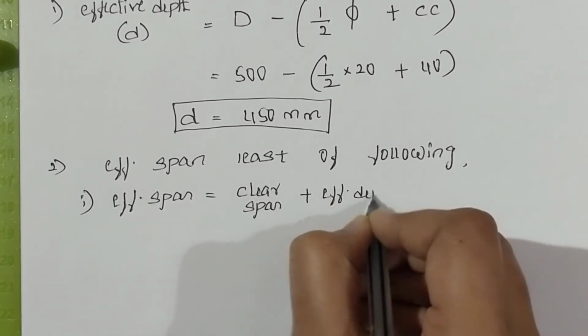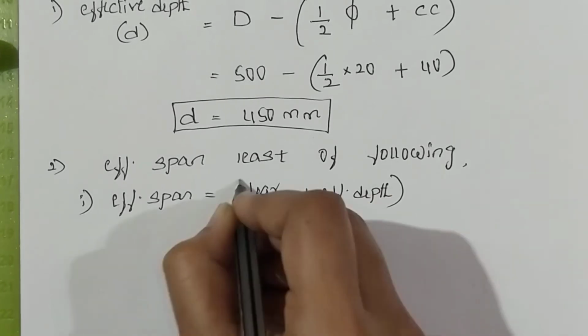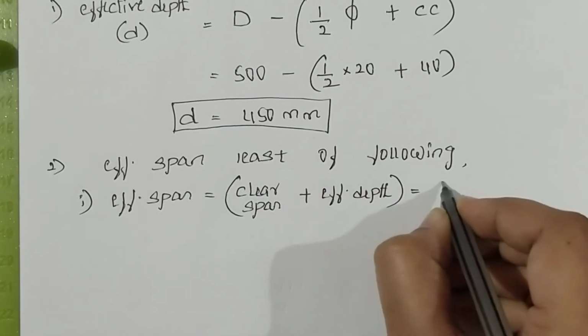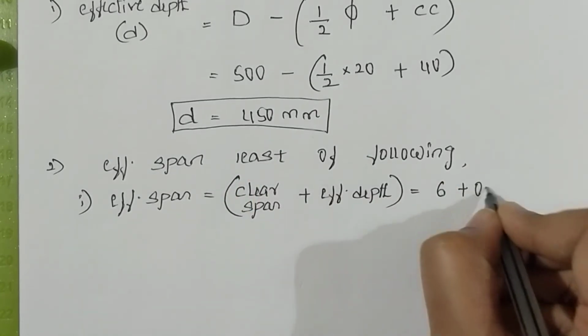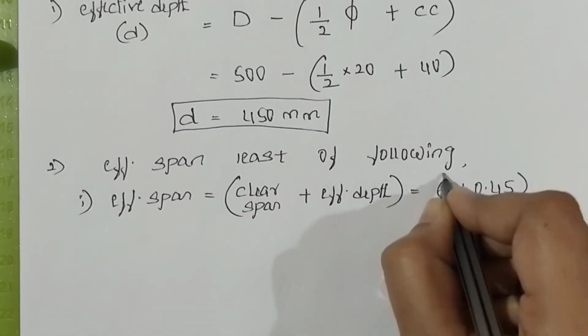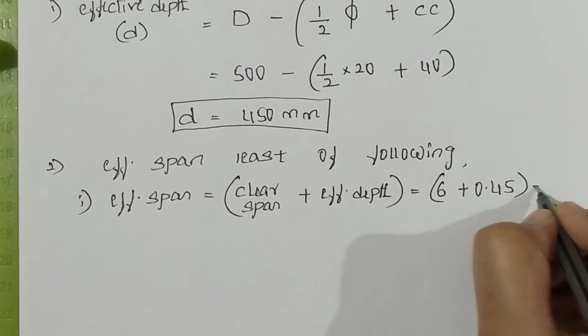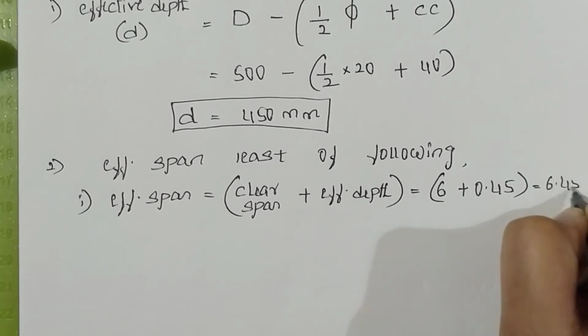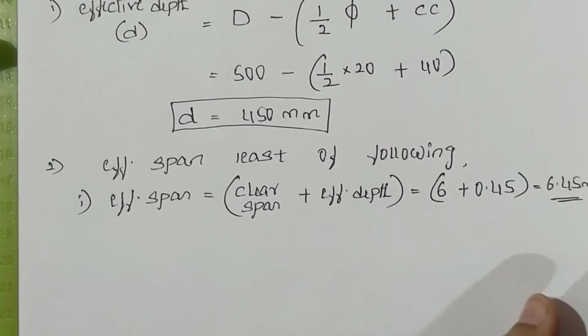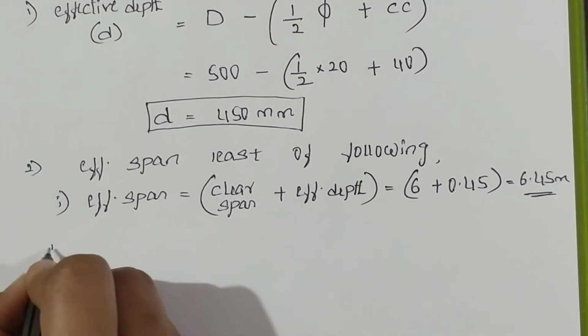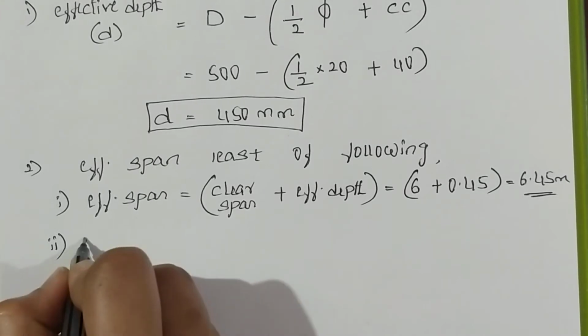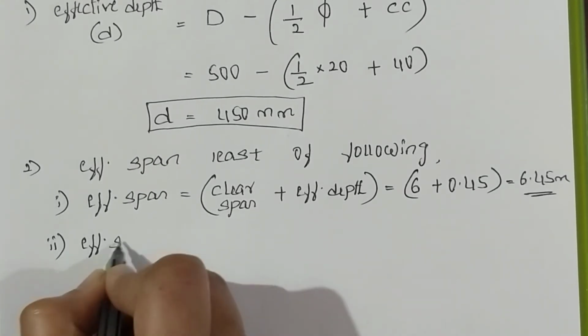Clear span plus effective depth. Substitute it. Clear span, it is 6 meter. Effective depth, it is what? 450 mm. Substitute in meter. That is 6 plus 0.45. You will get it as 6.45 meter. Next, second equation, it is effective span equals to